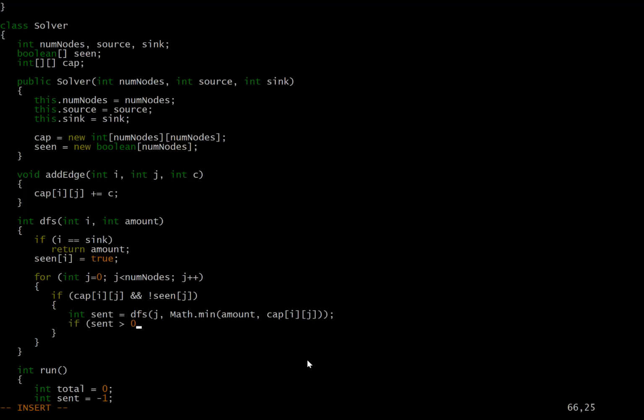And if I'm able to send more flow than 0, then I've managed to find an answer. So then just return what I've sent. And then if I couldn't find any paths, then just return 0, because I couldn't find any paths from this node.